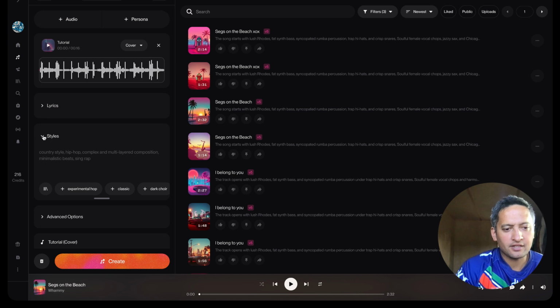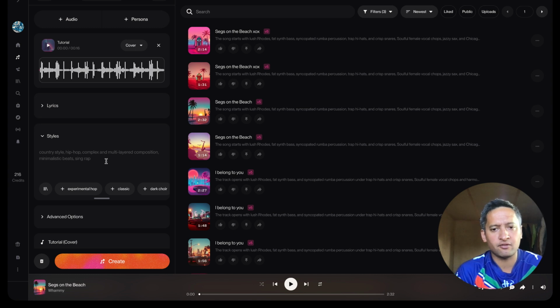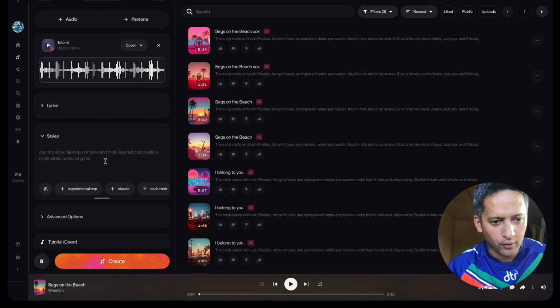Now, for the sake of this, let's make a couple of styles. I don't know if you can see in here, but it has an example. It's a country style, hip hop, complex, and multi-layered composition, minimalistic beats. There are literally millions of different combinations you can use. I have some saved ones of some prompts, but for the sake of learning, let's keep it simple and then